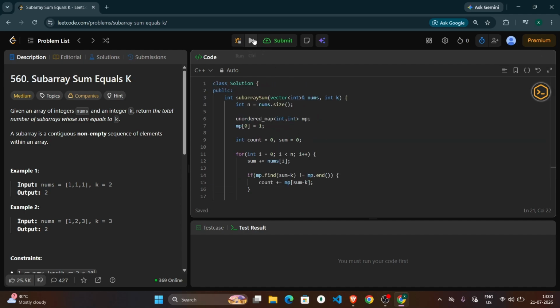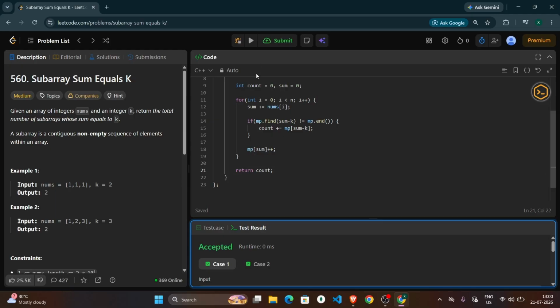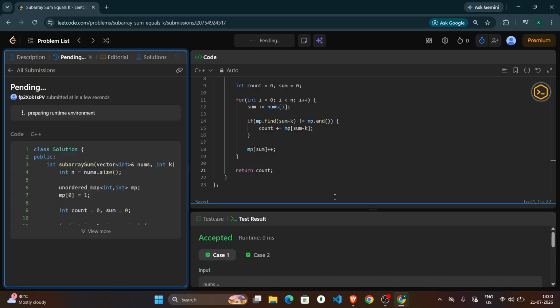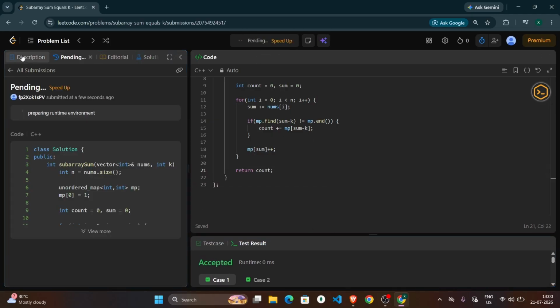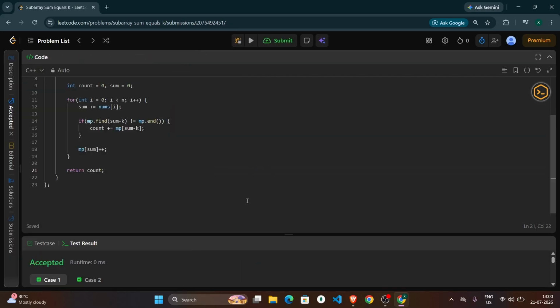So let's try to run it, and our test case is passed. Let's try to submit it. Test cases were also passed, and